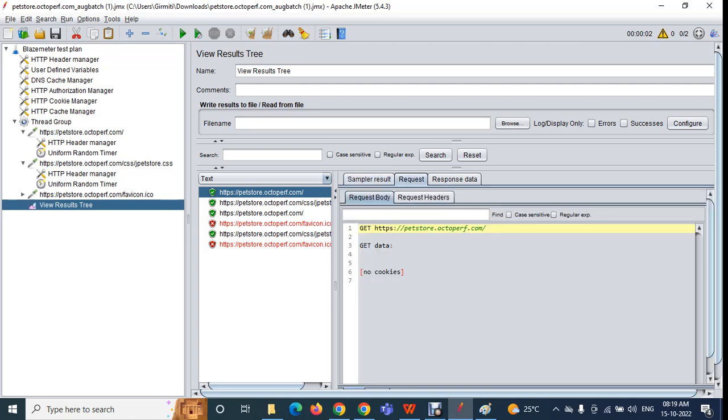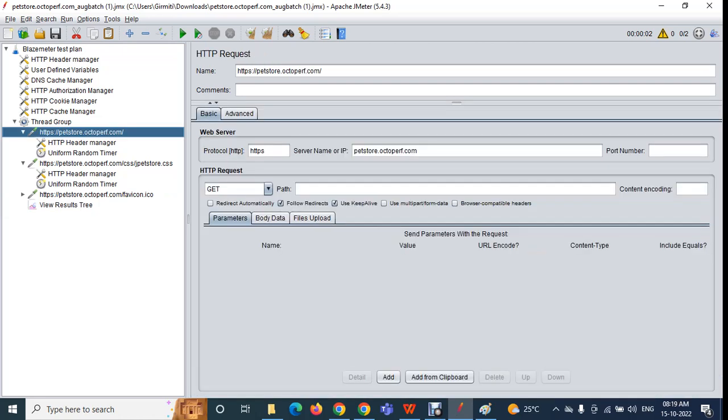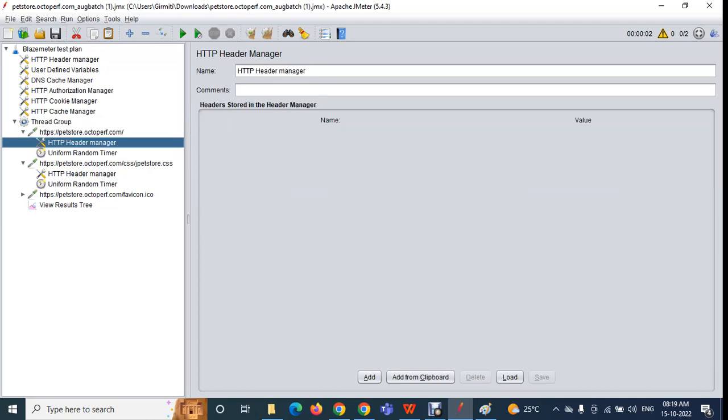Click on the request next tab. You can see here request body and request headers. Let me go with request body. So మీరు ఇక్కడ రిక్వెస్ట్ పంపించారు ఇక్కడ నుంచి, రైట్. సో ఇస్ ద ప్రోటోకాల్, this is the server name and port number, so path, request method, these things and all you have been sent to the server along with the headers and all.